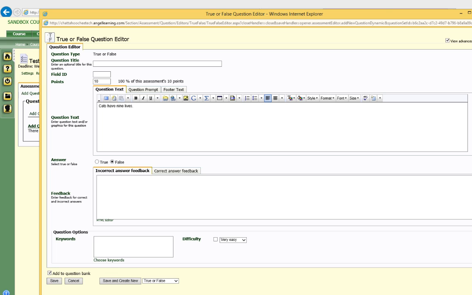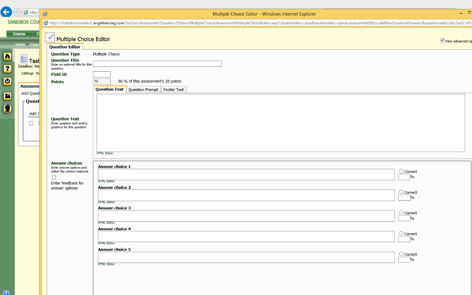Then you have the option to save and return to the test canvas, or save and create new, which allows you to continue creating questions. Let's continue creating questions, and we'll choose a multiple choice question. Save and create new. By default, Angel assigns 10 points to this question because our first question was worth 10